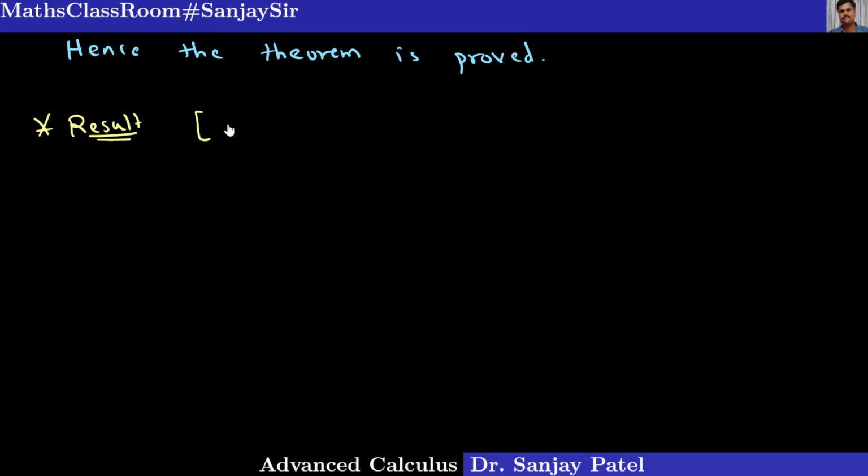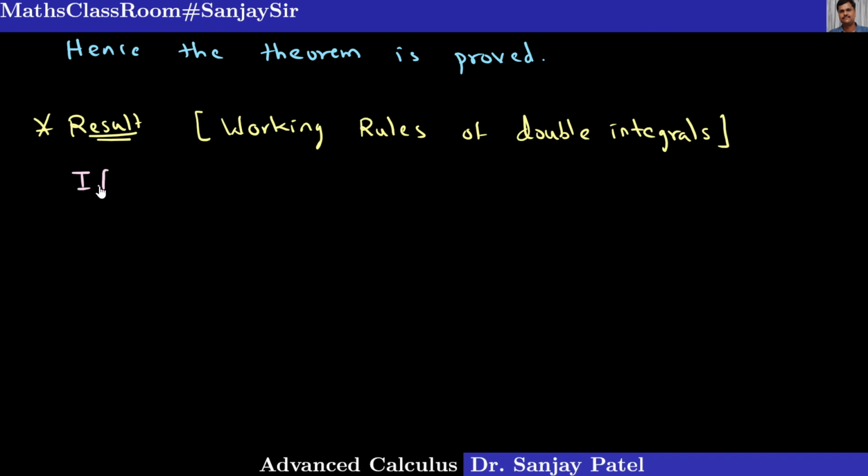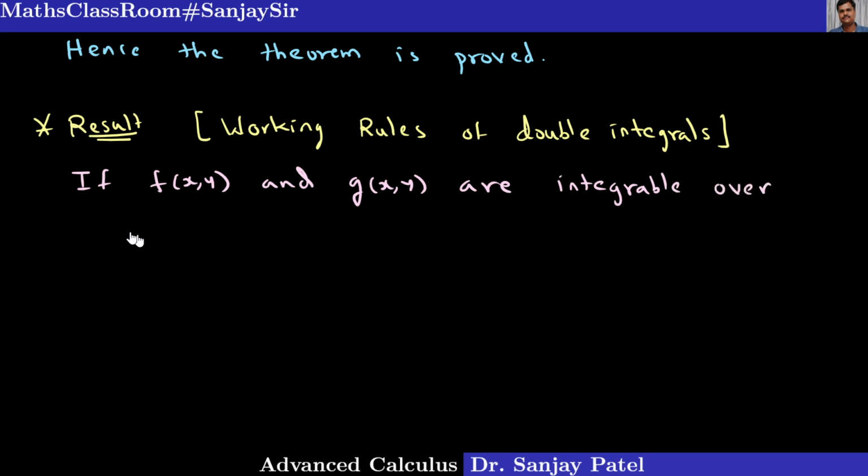Something like working rules of double integrals, and this I am going to write for any closed and bounded region. So the rule says: if f of x comma y and g of x comma y are integrable, in the sense that the double integral exists, over a closed and bounded region, then